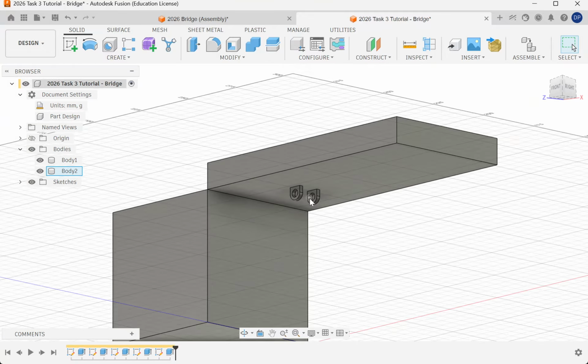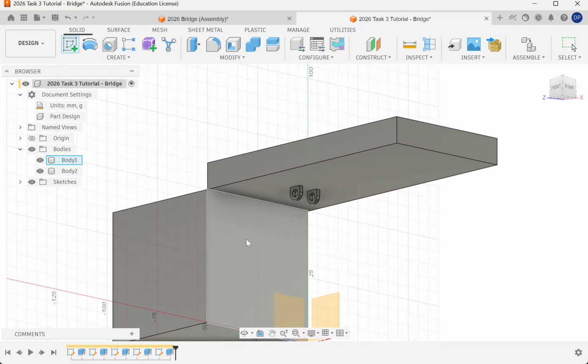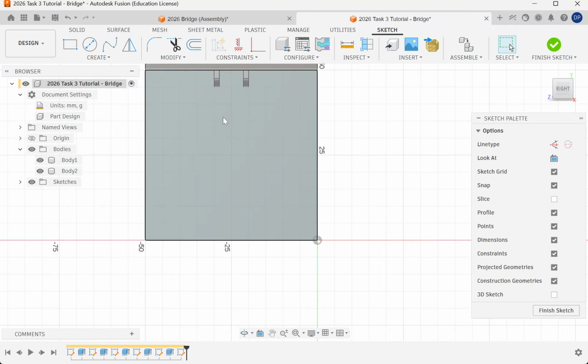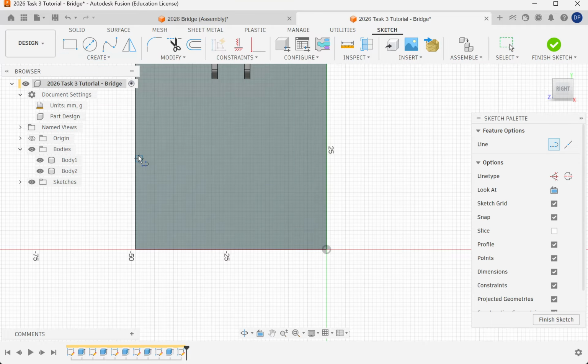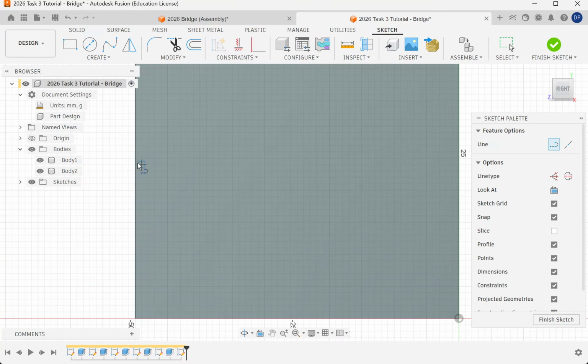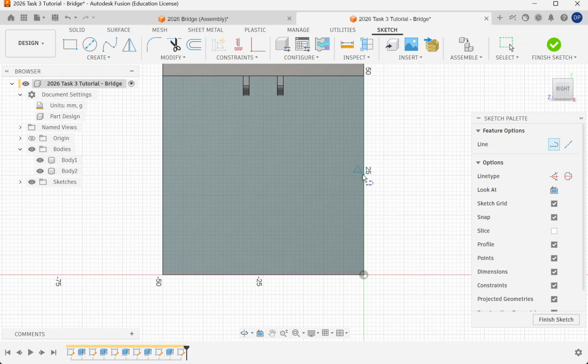Okay, and I'm going to do the same thing for the base as well, so you get to watch me do it again. Create sketch over here. Again, we care about where the center is, so I'm going to start by making a line. Now, when we have this line over here, the important thing is,